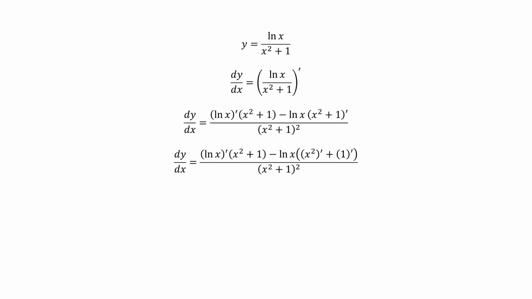The derivative of natural log of x is 1 by x. The derivative of x squared can be found using the power rule, which gives 2x for the derivative. And since the derivative of a constant is 0, the derivative of 1 is 0. Putting all this together, we obtain